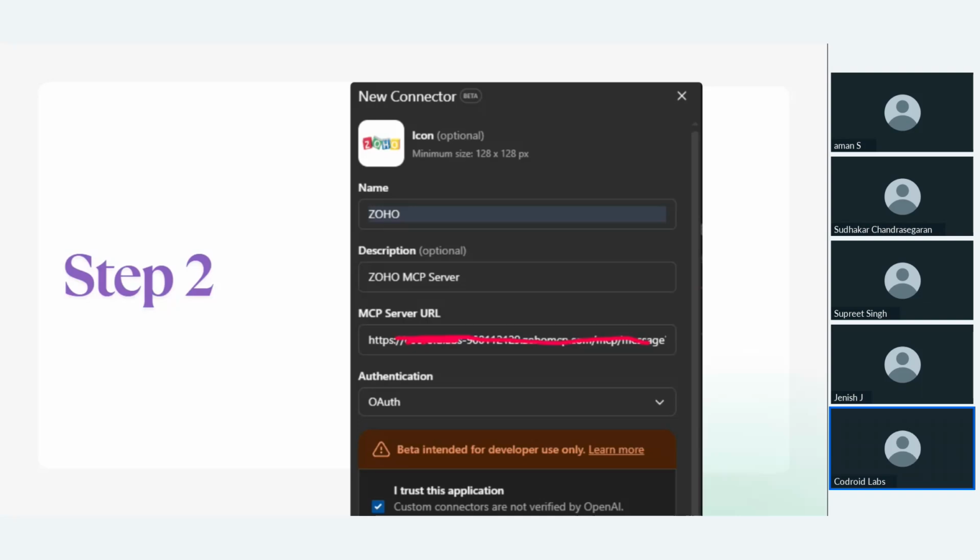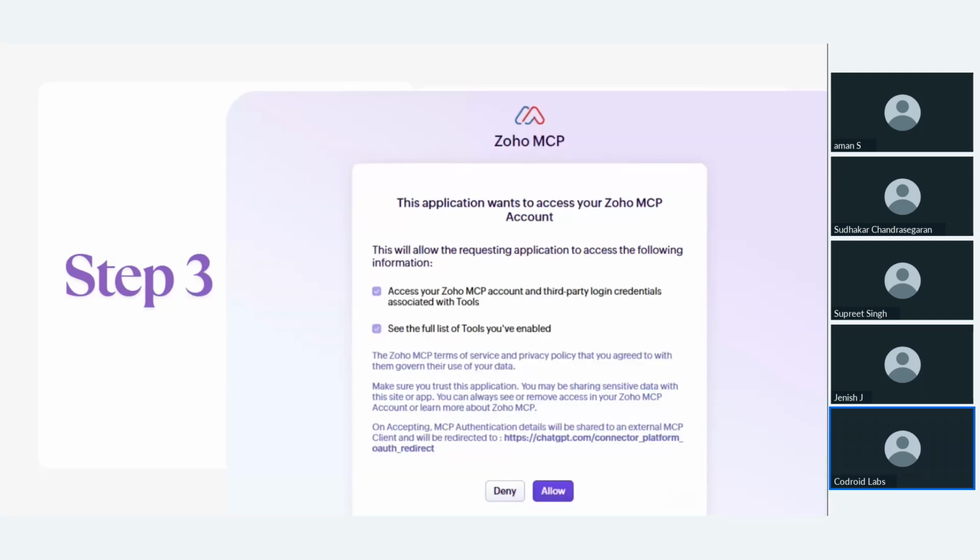There are two options: with authentication or without authentication. You can put it into your connectors. Currently this is in beta, for developer use only. If you trust the application, just click trust. They send an OTP to verify it's you, and after the OTP they redirect to this particular application.